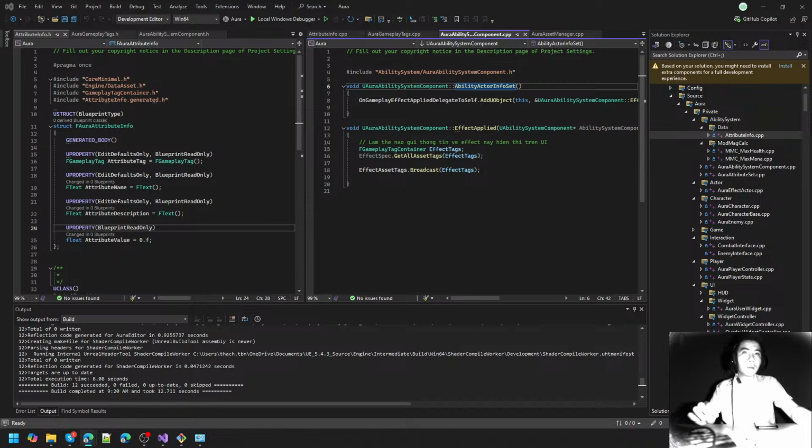Welcome back. It's time for your next challenge. Now you're going to make a new widget controller for the attribute menu. Call this attribute menu widget controller and base this off of our base class Aura widget controller. So make sure that you do that